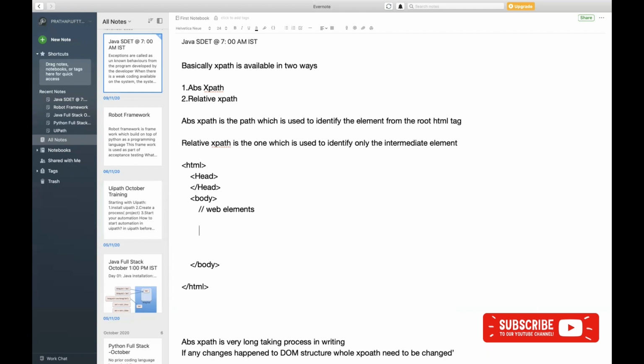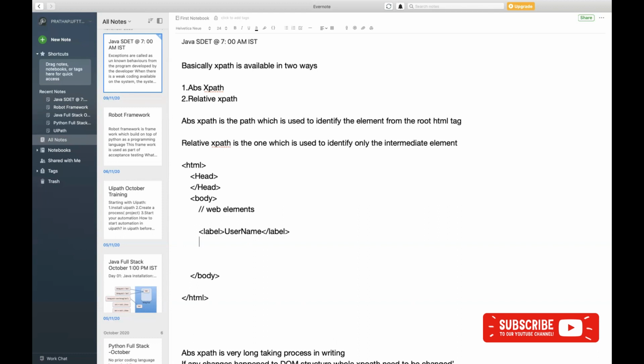Now basically we'll be using majorly eight controls to interact with your application. For example, I want to create a text box. For that, we'll be having a label, say, username. So I'll be having a label available here. The next one, I'll be having a text box available, right? Input type equal to text.